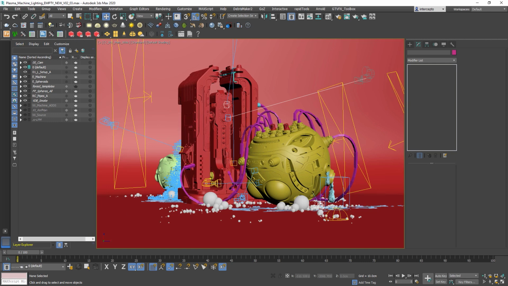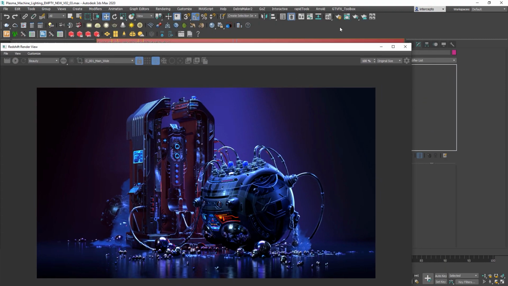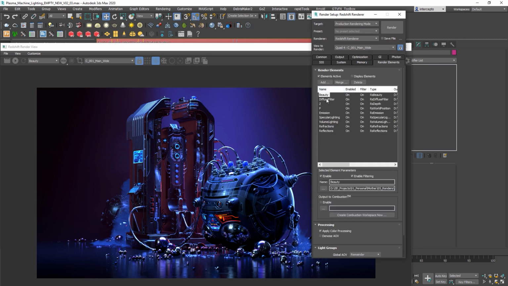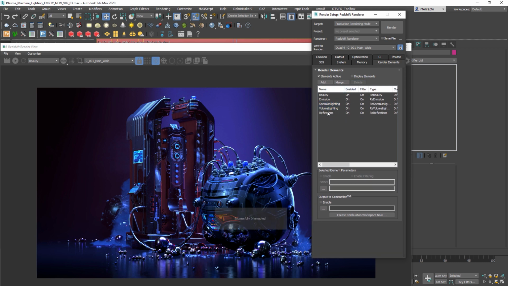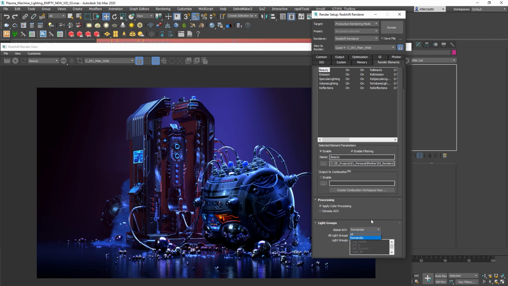So RV, render view, and if I go back to render settings, I'll just delete all these render elements that I don't need. So I don't need diffuse, filter, Z-pass, I'll turn it off for now, P-pass, emission I can leave, specular lighting, maybe I can leave that one for now, reflections, I don't need reflections, so I'll just leave it as it is. So beauty pass, if I go into beauty pass, and if I go to light groups, it's set to remainder,